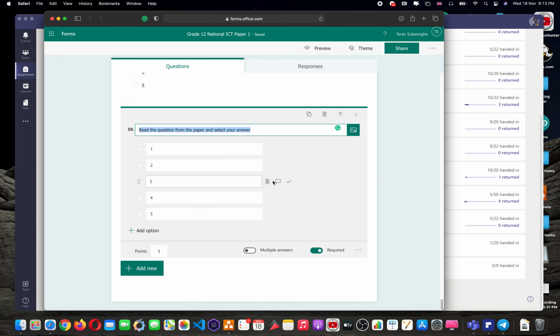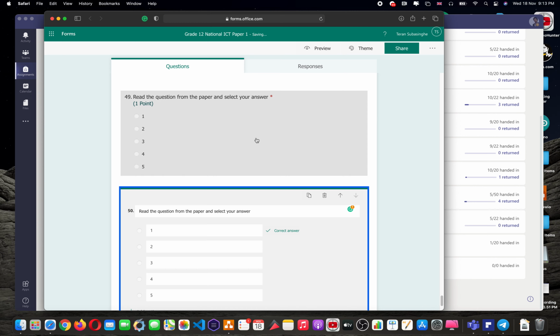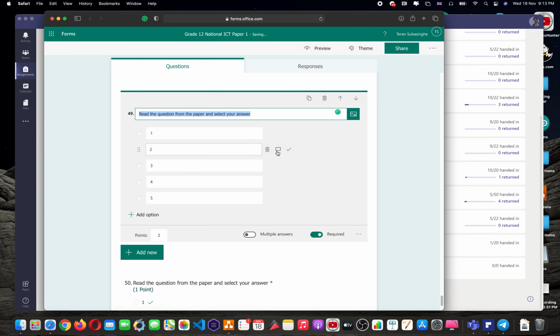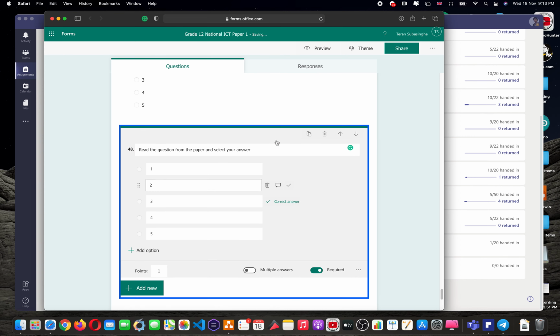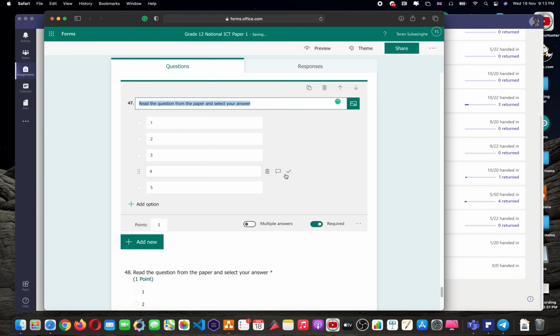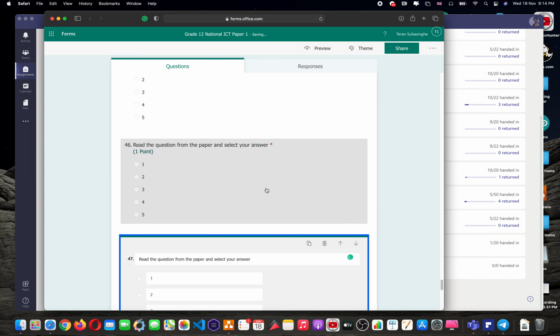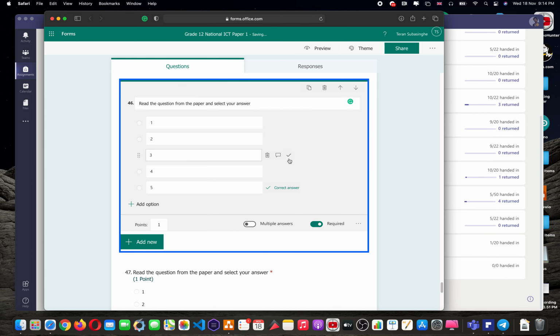After selecting all 50 questions, what I have to do is look at our marking scheme and then select the correct option for each question. For example, if the 50th one is the first option, and then likewise I can select the 49th one, what is the correct answer, and then the 48th one, what is the correct answer, and then the 47th one, what is the correct answer, according to the marking scheme that we have received.